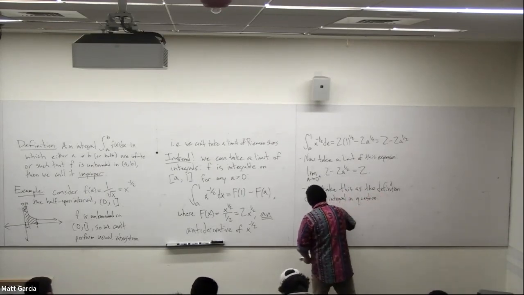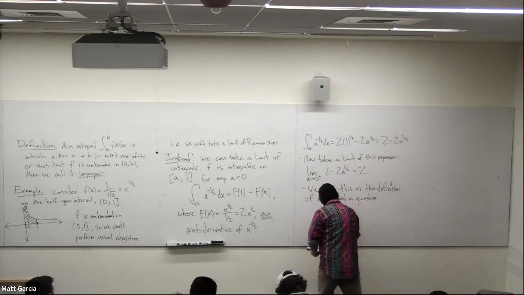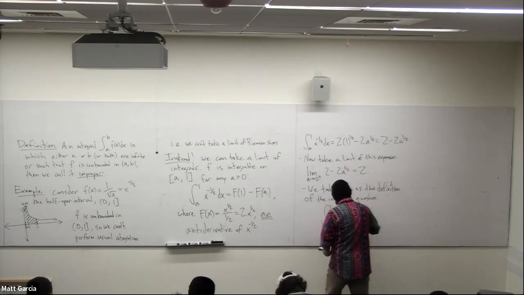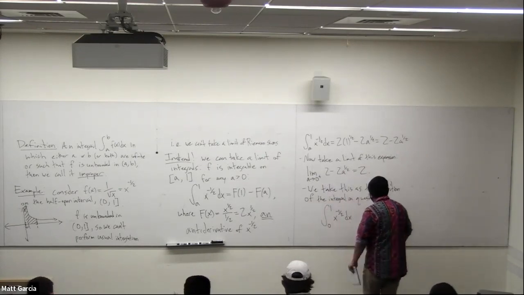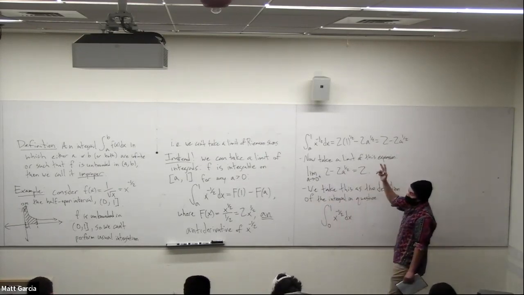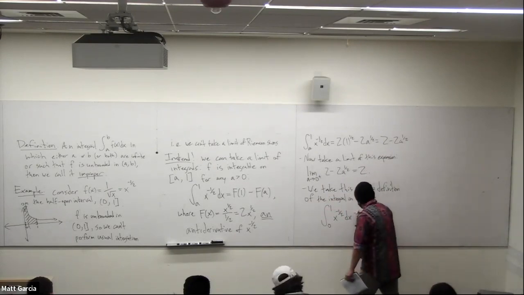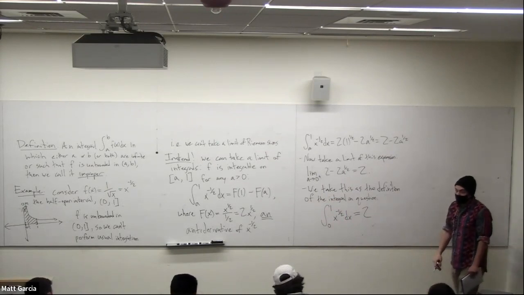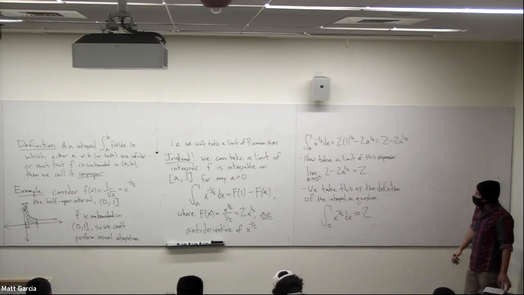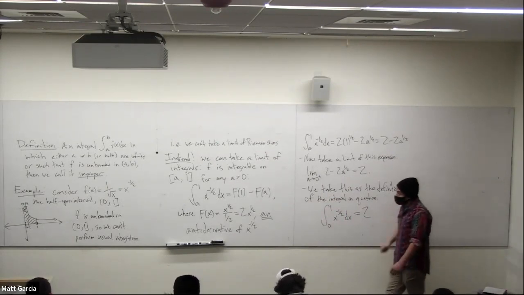That is to say, even though a priori this does not make total sense to evaluate, this process of taking a limit of integrals gives us this finite value of 2, right? So when I say we take this as the definition,